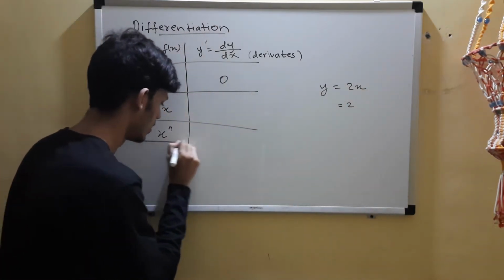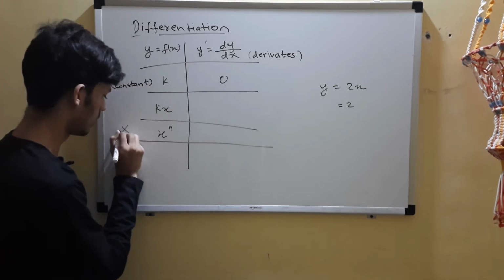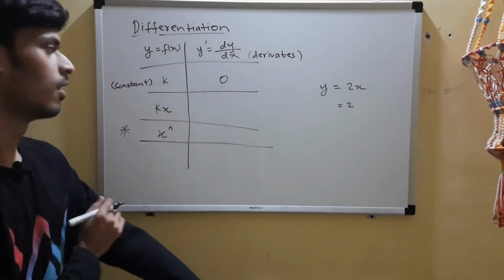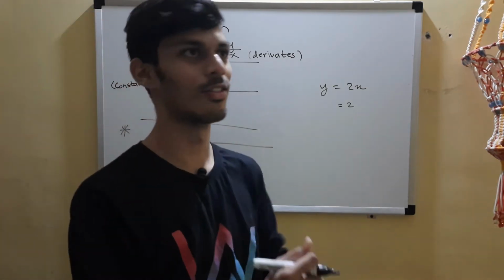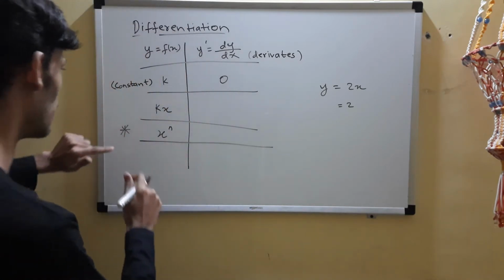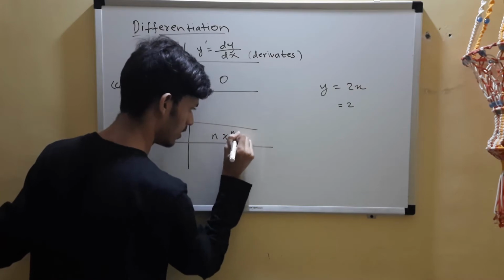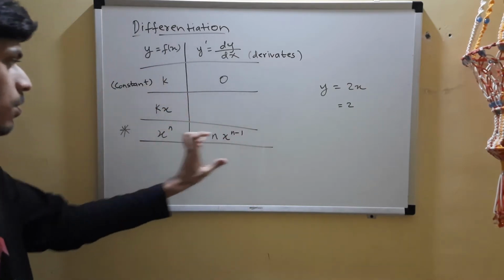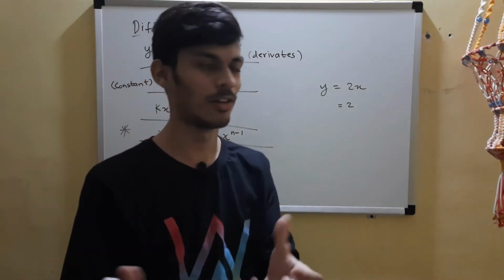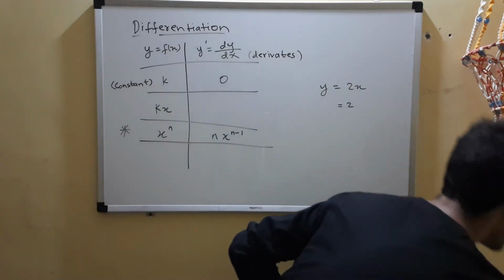First, let's discuss this. This is very, very important. This is the most important thing. If you have to take just one point from today's class, it's this. The differentiation of x raised to n is n times x raised to n minus 1. I'm not providing the logic now, it will take me time.